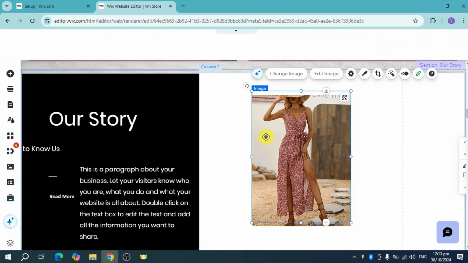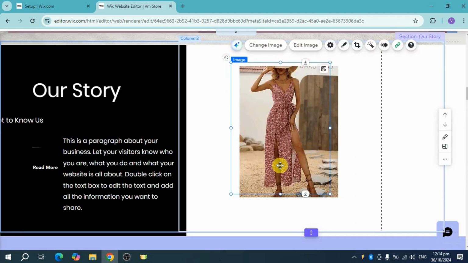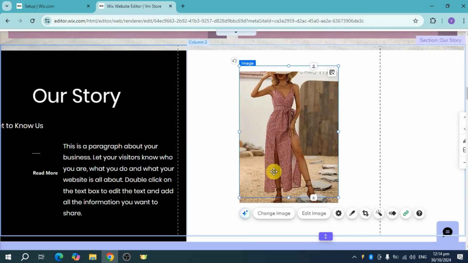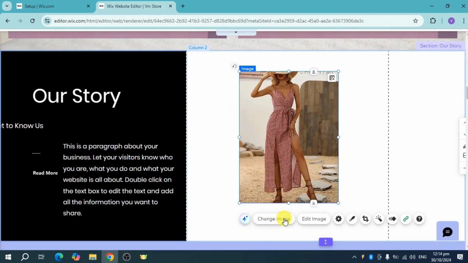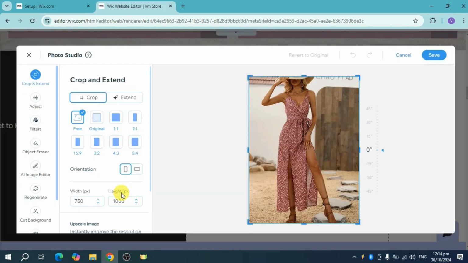Now in here, you should be able to see a new page or a new option as well. Or you can just directly click on this change image option or edit image option right here. Now, once you have opened the photo studio on this particular image, you can see the option called